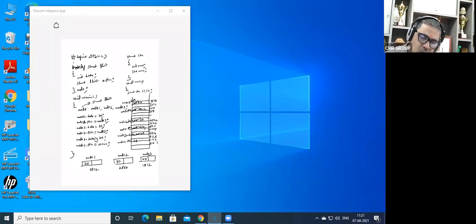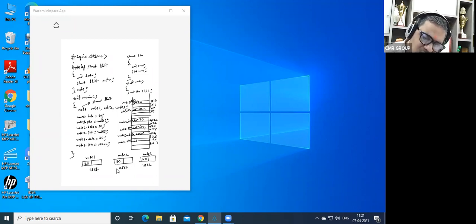Now tell me, what is node 1 dot data? How to access this particular part? The first part is the data part. Node 1 dot data is 20. Node 1 dot ptr is how much? It is equal to node 2. What is the node 2 base address? Sorry, I should take the addresses only.